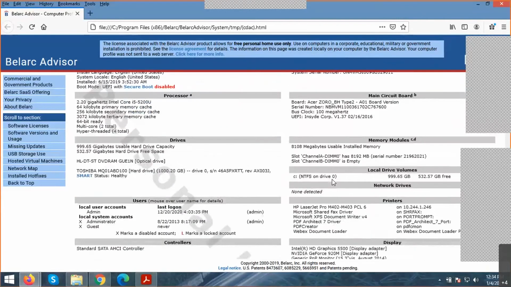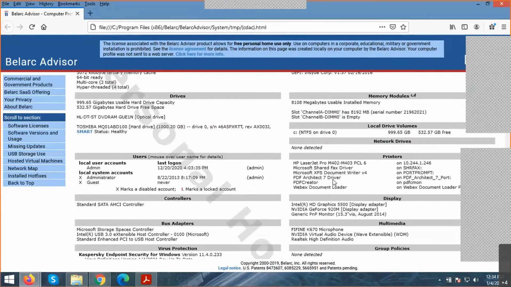You can see USB also. How many users are created? How many local user accounts do I have? One admin is created, right? Can you tell me why this question mark cross is there? Can you see that some users are created, right? Some user accounts are already created there. I disabled them, as per my security analysis. I disabled the administrator account, and I also disabled my guest account.